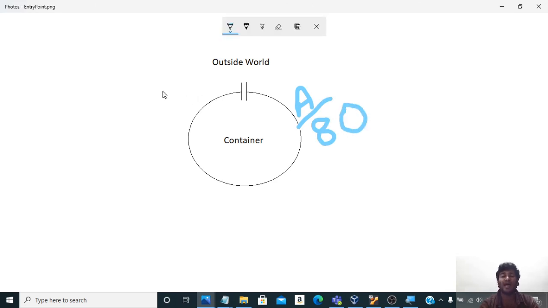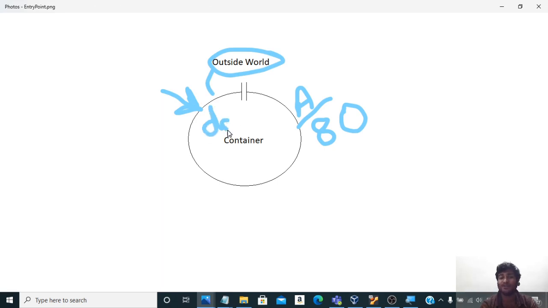Now we all know that containers are closed packets of your application. So no one from the outside world can go and see the data inside a container. No one can talk to it, no one can do anything to a container. The container works independently, isolated in its own environment.